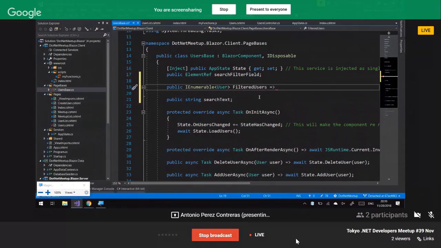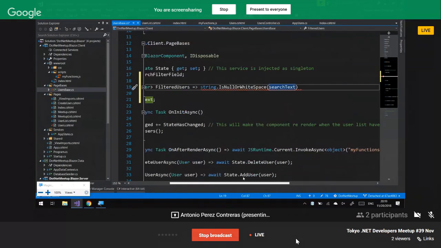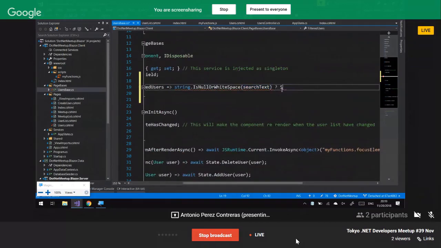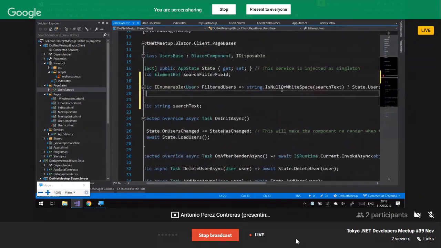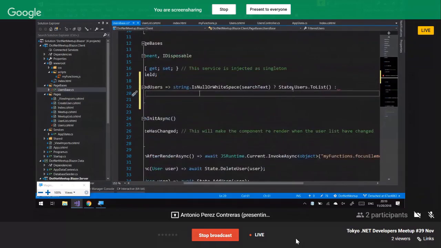Let's keep it simple. If there are no search sets, it will return the same user that is currently in the state. Otherwise, I will return the